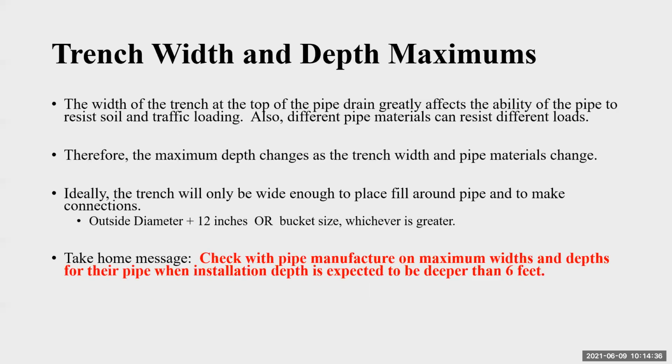Now the trench width and depth maximums can be a little bit trickier to understand, but basically the wider a trench is, the more pressure that puts on the pipe from the new friable settlement of the new material, if it's talking just dirt, of course. So generally they like to keep the trench width right beside the pipe to be pretty narrow. 6 inches to 12 inches is pretty good.